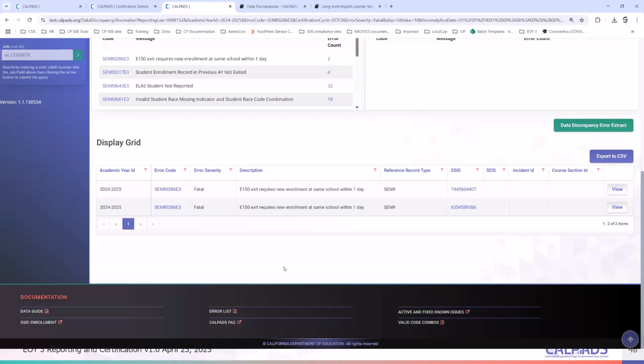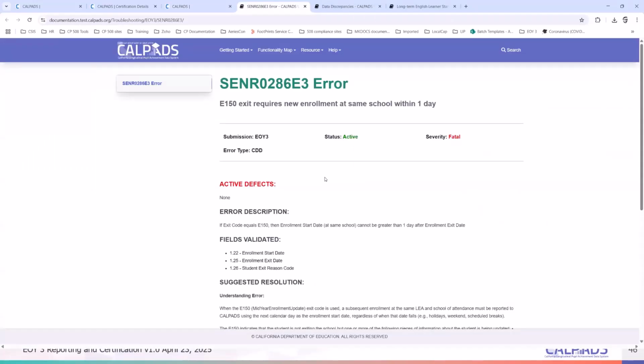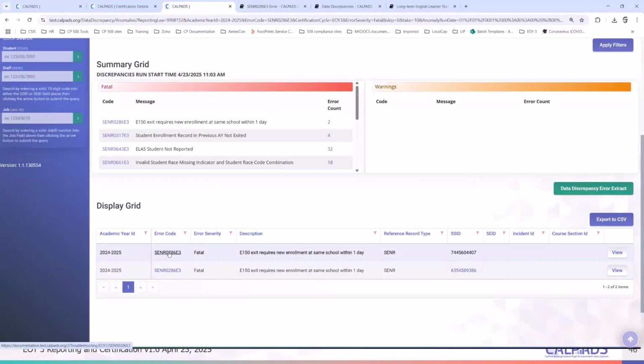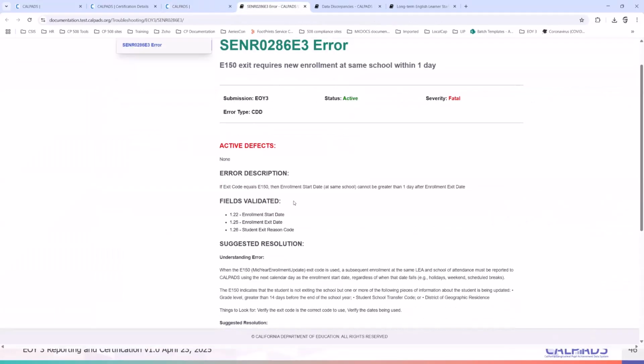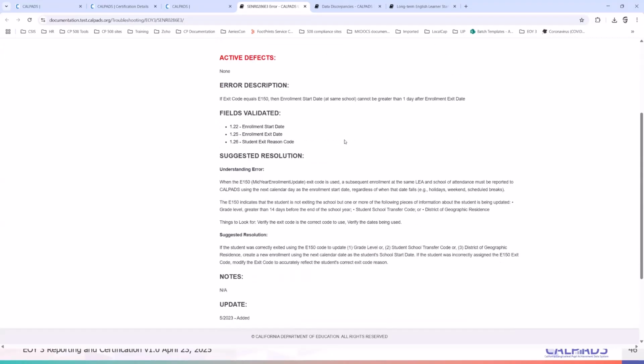Another one is just clicking on the error number itself here. When you click on this, it brings up a web-based version of the error list. I recommend you do this instead because, number one, you just click it and it brings it up, and if there are any active defects on this, you would be able to see it right away, rather than starting to figure out your error and then it turns out the issue is a defect in the system.